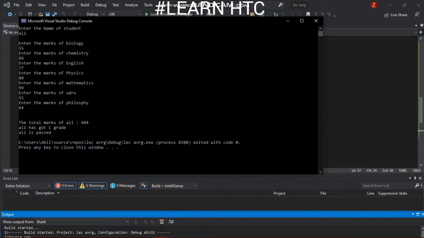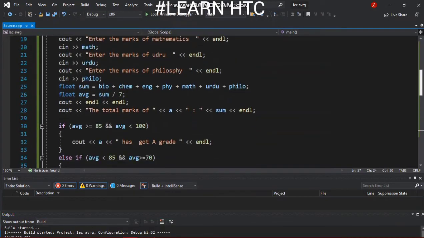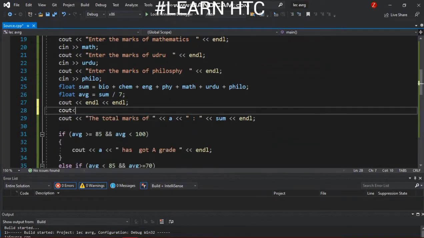So you can check. Now we can apply some conditions. The total marks of Ali is equal to 485. We can assign here that total marks are, before sum we enter total marks, we can enter it as 7 subjects, so we can here add 700.